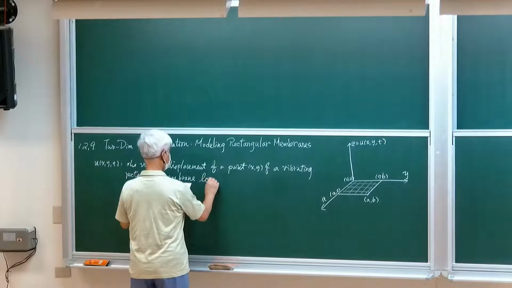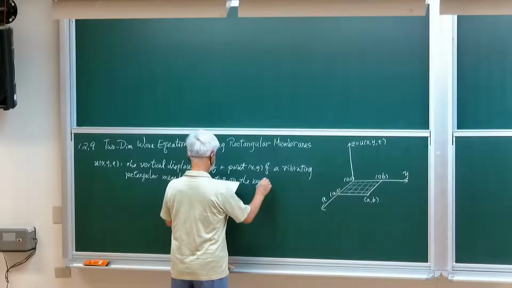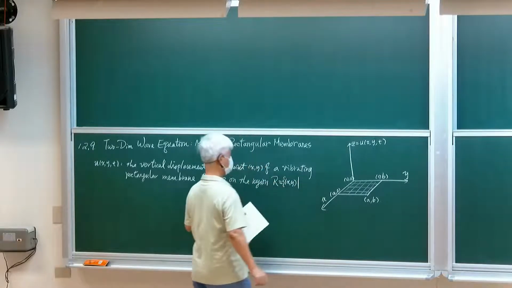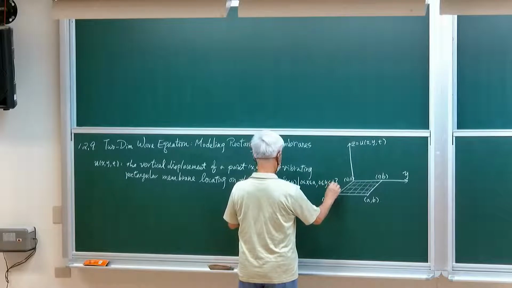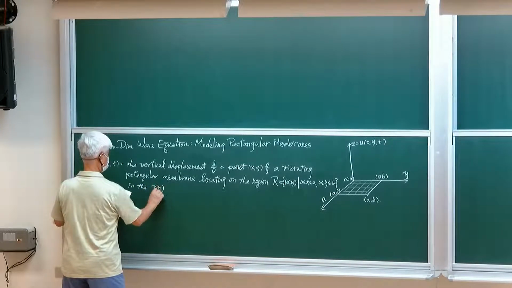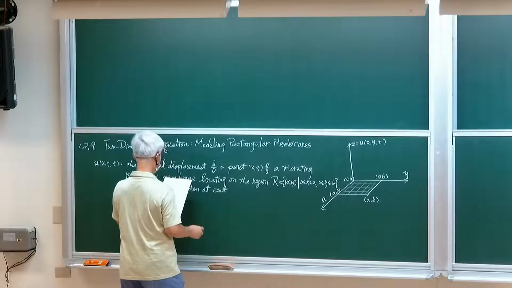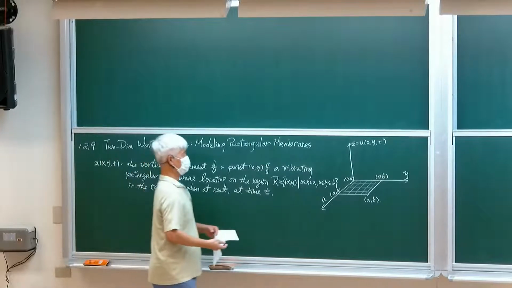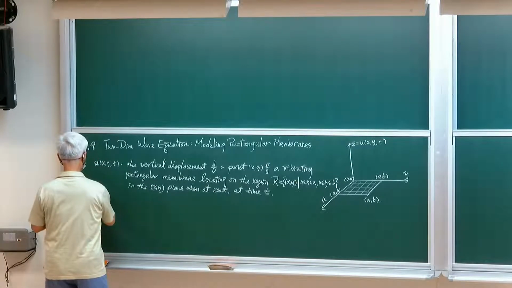And this membrane is located on the region R, with points such that the x coordinate is in between 0 and A, and the y coordinate is in between 0 and B, at time t. Now the displacement